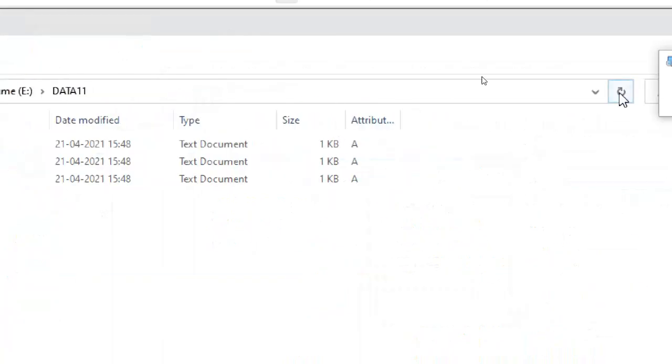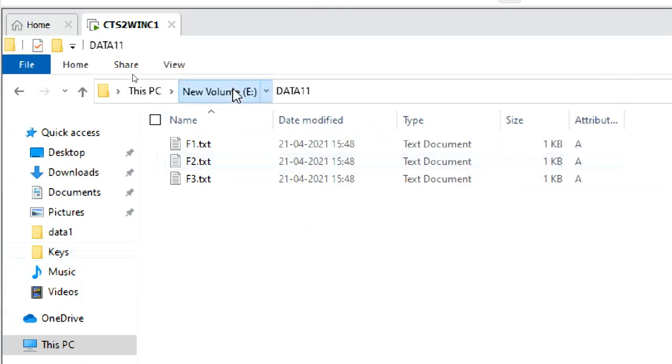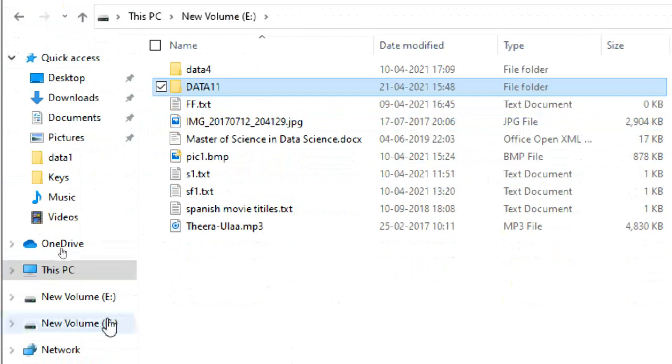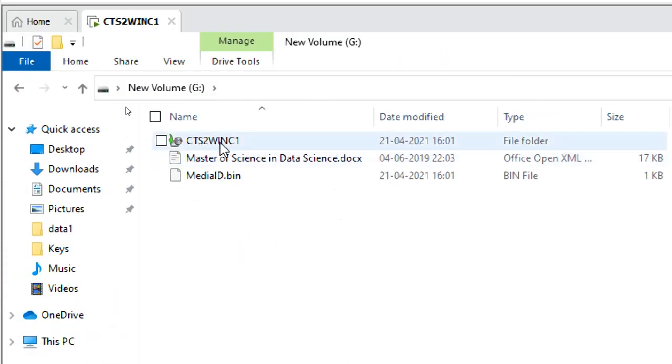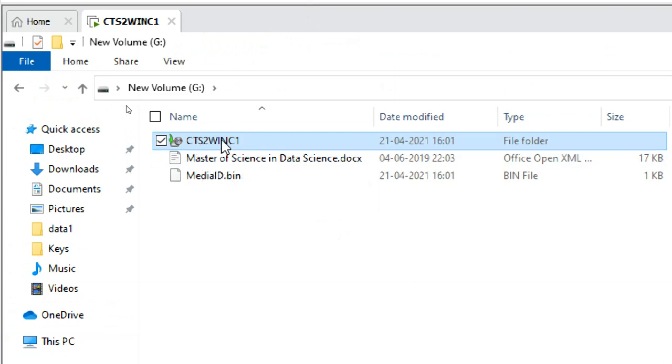But here archive attributes are like that only. If I refresh, archive attributes are like this only. So here there is the properties of a full backup like this. It's not working here. Now can you see this one?